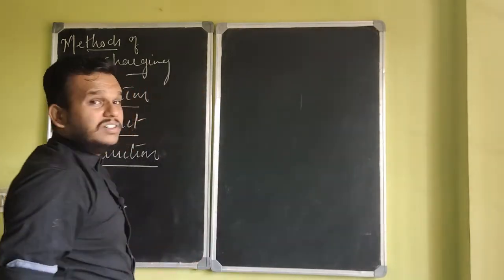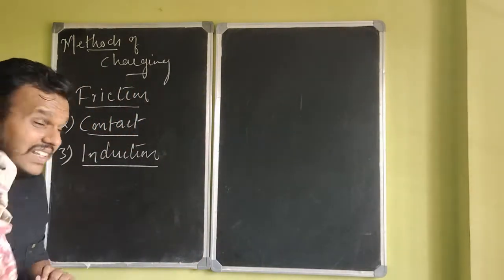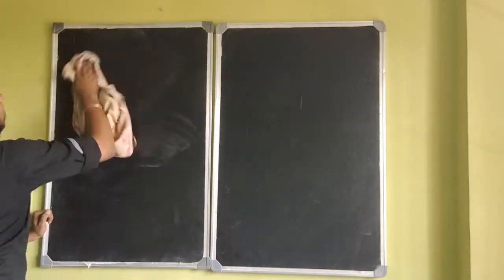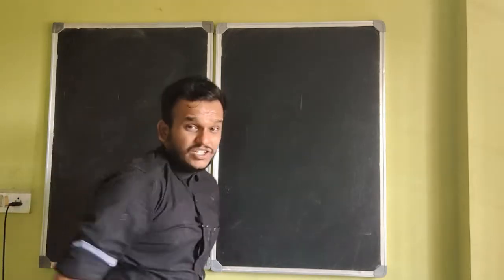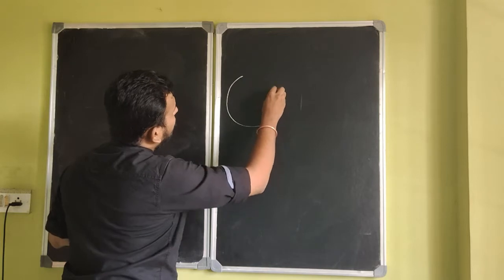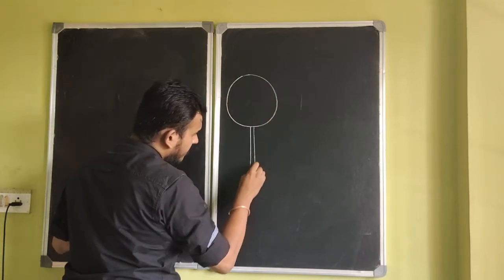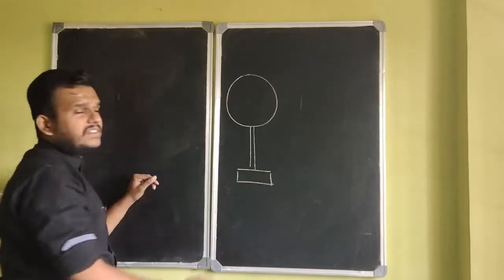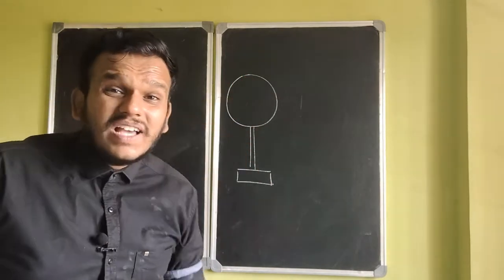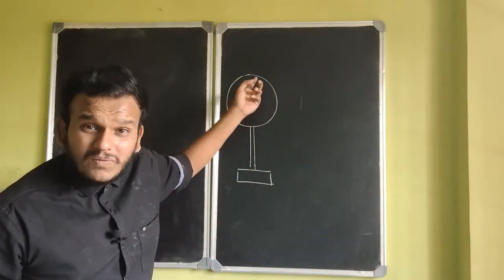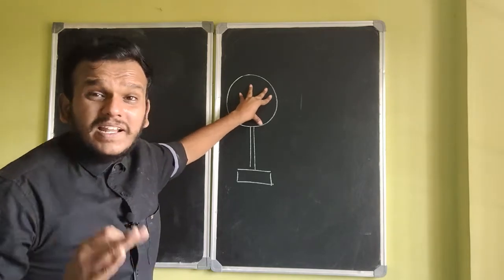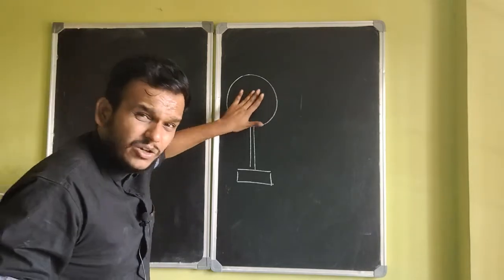Please listen to this carefully. The third one is called charging by induction. This gets interesting. Okay, I'm going to erase these three. Charging by induction, listen to this carefully, is something like this. Again you will take a neutral object, place it on an insulating stand. Neutral conductor, insulating stand. No charges. And by no charge, I mean equal number of protons and equal number of electrons. That's why no net charge. Let's say there is 1 million electrons, there is also 1 million protons. So it is electrically neutral right now.